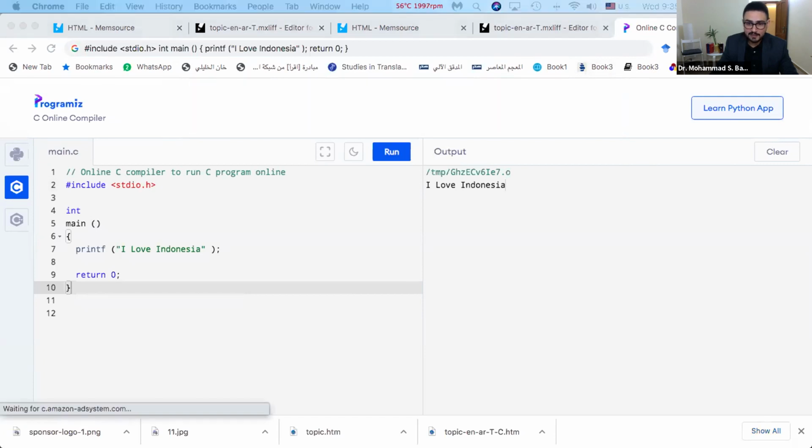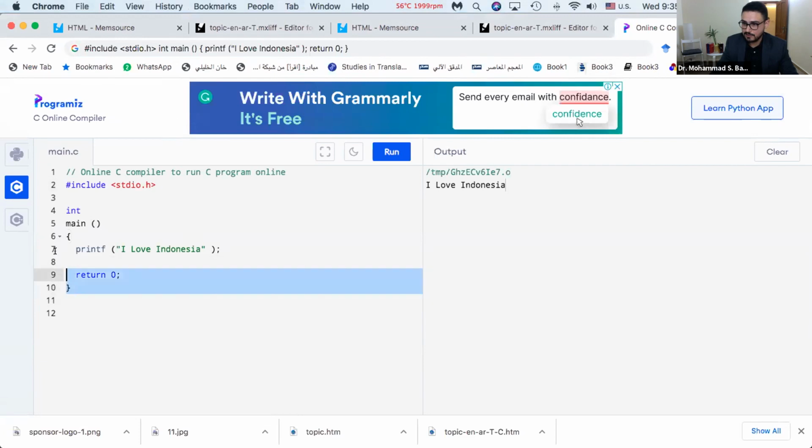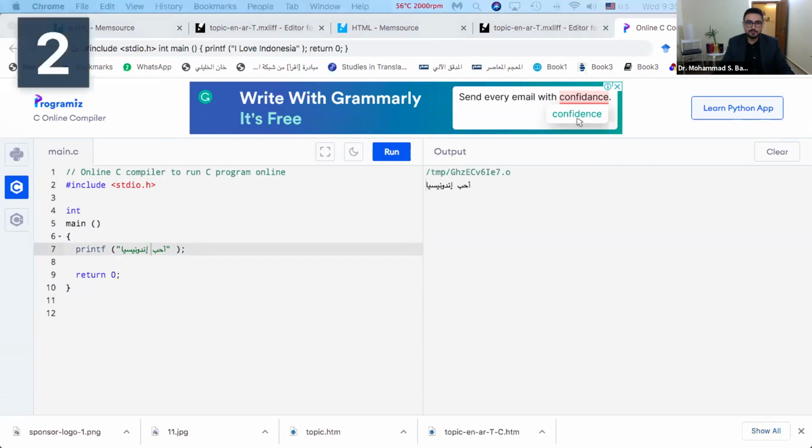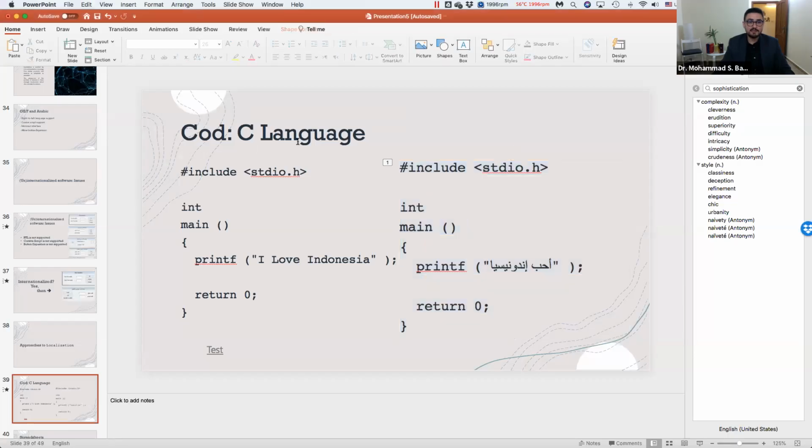Now I'm going to run my localized code, which looks like this. I only, again, localized this part. This is my localized software in the same programming language, where I only changed this part of the code. I run it, and I get Uhibbu Indonesia in the target language, as you can see. So the first method to localize an app is by localizing the linguistic part of the application in the programming language. And this is very difficult and complicated to do, because sometimes if you delete any variable here or any part of the code, it may crash,